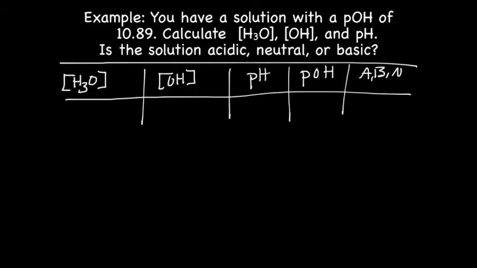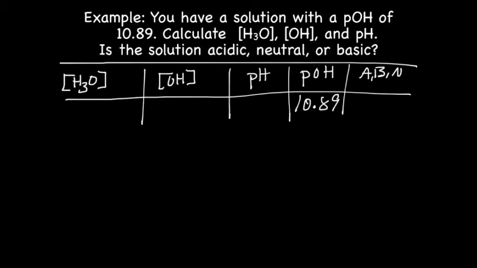Okay, so for example, you have a solution with a pOH of 10.89. Calculate the concentration of H3O, OH, and pH. Is the solution acidic, basic, or neutral? Okay, and I jotted down our data table. For me, I find it the best way to keep track of what I'm doing. So what they've given us is our pOH, which is